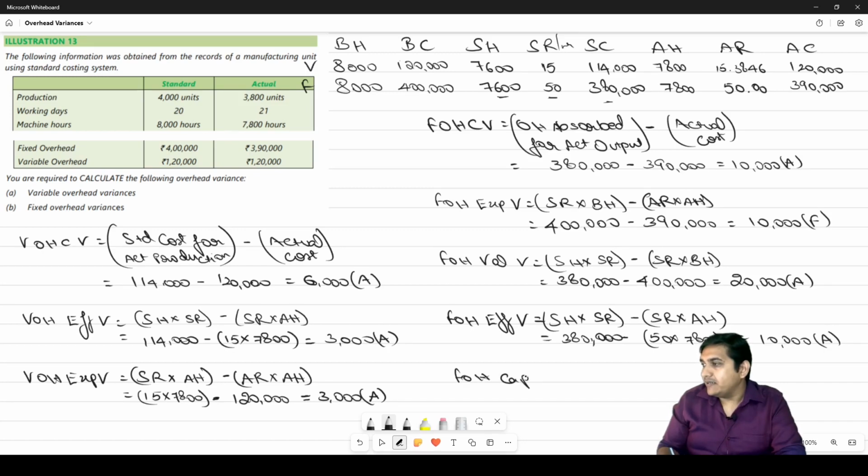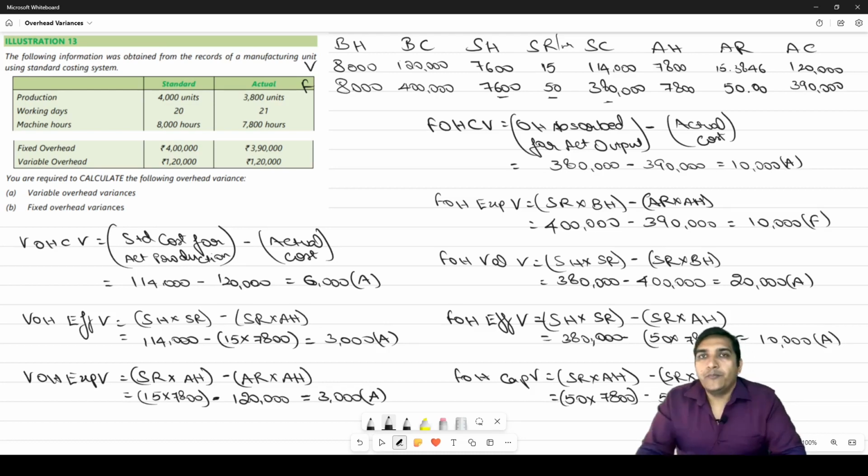Next, fixed overhead capacity variance. Capacity variance is basically how much capacity I have utilized. So how do we calculate that? It is standard rate into actual hours minus standard rate into budgeted hours. What is standard rate into actual hours? 50 into 7,800, as we had computed in the previous step, minus standard rate, which is 50,